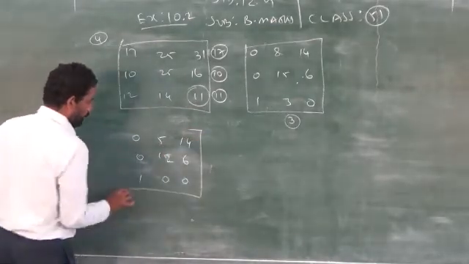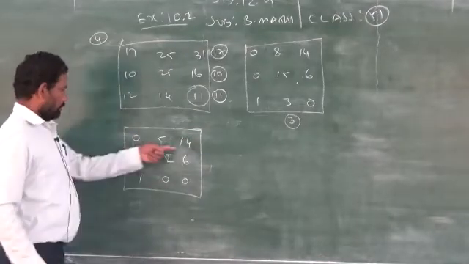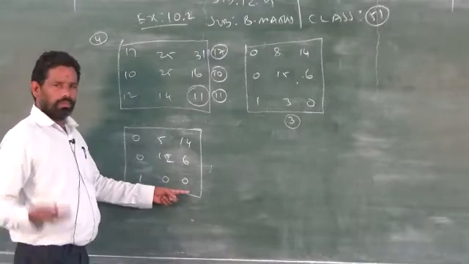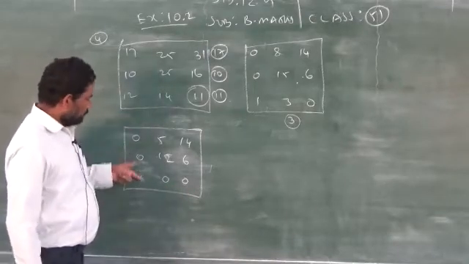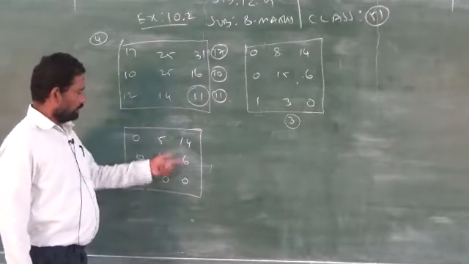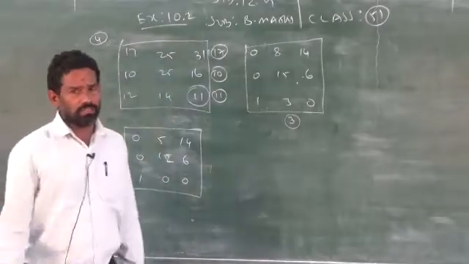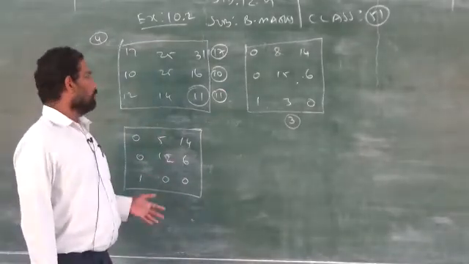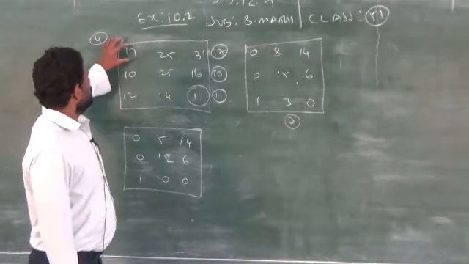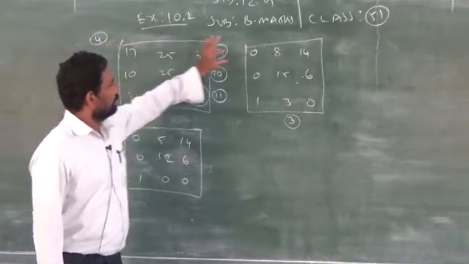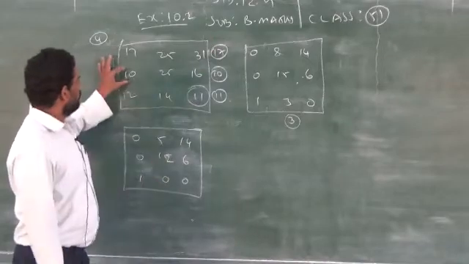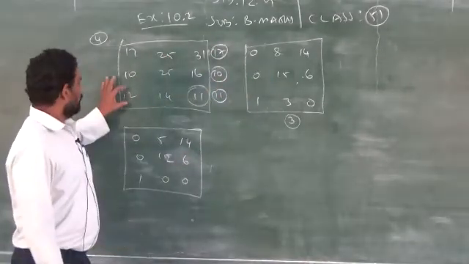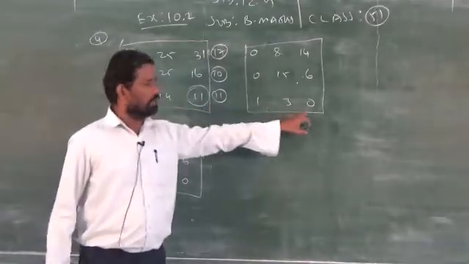Now you please check, this row has one 0, second row has 0, third row also 0, 2 zeros, doesn't matter. First column 2 zeros, second column 0, third also has zeros. So your table is correct now. Clear? So what is the first rule? Take the least element in the row, subtract, you will get the answer. Then you take the least value in the second row, subtract, next one. Then you take the least value in the third row, subtract, you will get the answer.